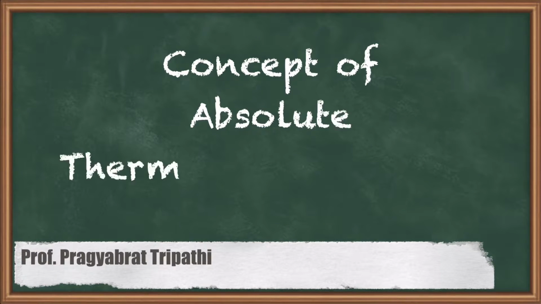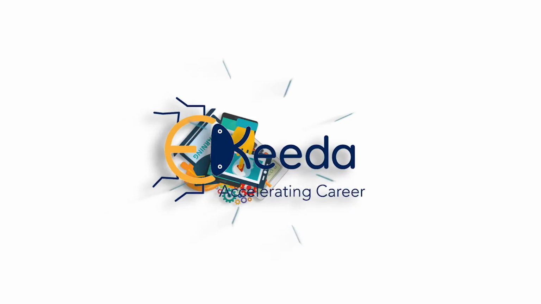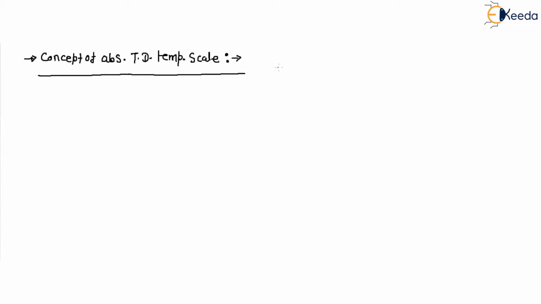Hello, my dear student. In this video, we will learn the functional relation of operating between two temperature limits for a reversible cycle. We will search for the heat rejected by a heat engine and the heat received by a heat engine, and the functional relationship between TL and TH. So what is the functional relationship?